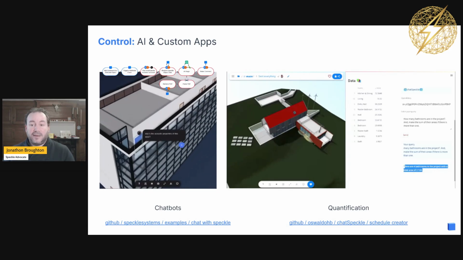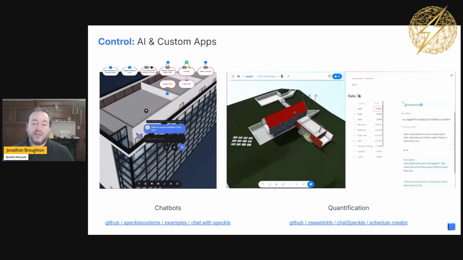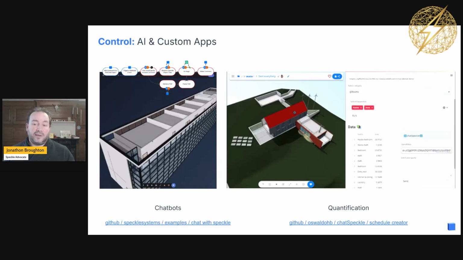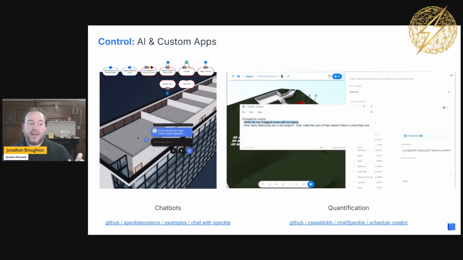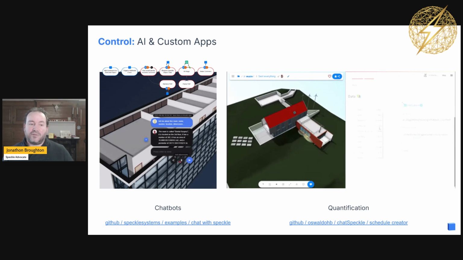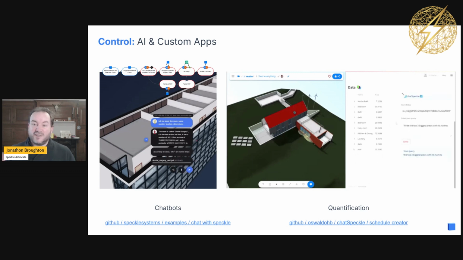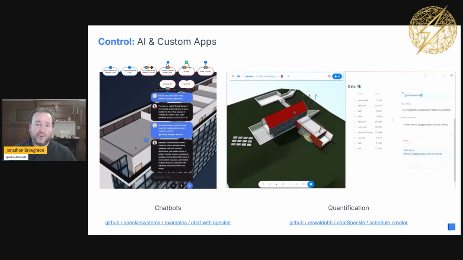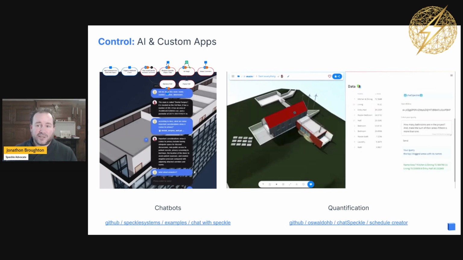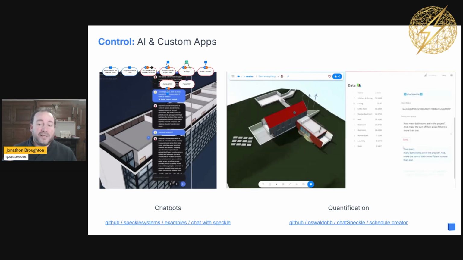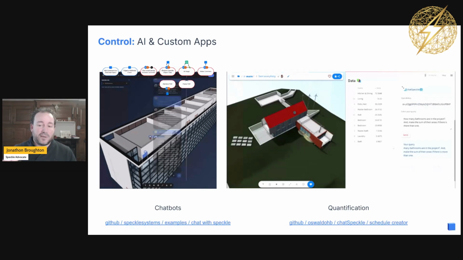And effectively then there's a conversation that can be had with the BIM model. So what's interesting here is that you're not having a conversation specifically around the context of the data that's in that model, because obviously the model says this is a ceiling, this is a floor, this is a wall. But beyond that, the ability to use all of these technologies and stitch them together. Here a PDF of the building specification was uploaded.